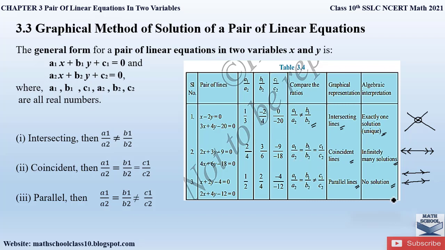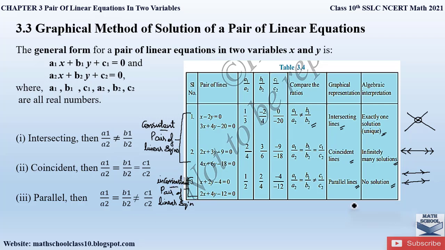Another important term that you have to know is, whenever there is a unique solution or infinitely many solutions, in such conditions the equations are called a consistent pair of linear equations. So these two pairs of linear equations will be called consistent pairs of linear equations, right? Whenever there is no solution in case of parallel lines, then it is called an inconsistent pair of linear equations. Again, note down these. This can also be asked in your MCQs to find out whether a pair of linear equations is consistent or inconsistent.